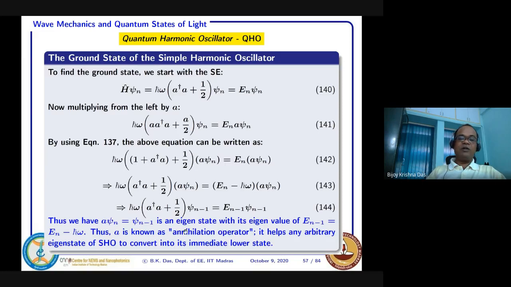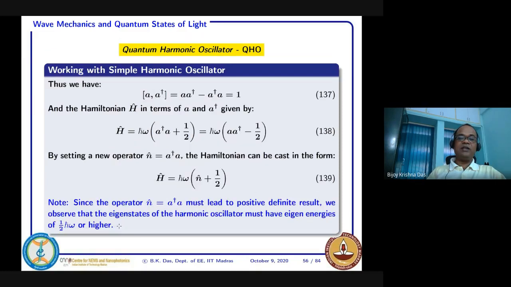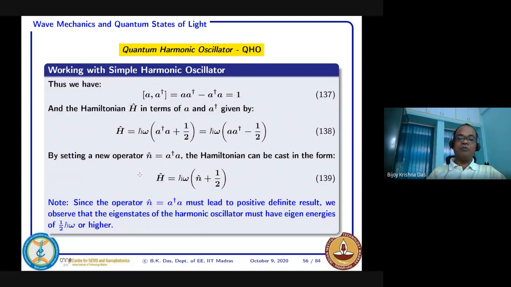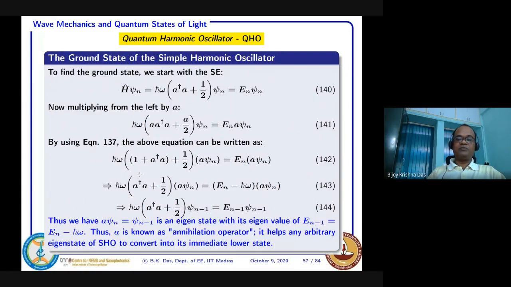So A is what we defined earlier; just remember A in terms of X and the other terms. If you have a known wave function, you operate with this entire operator, X plus this, and you immediately get the lower eigenstate. And you also know what the energy eigenvalue for that would be. So if you operate A on psi n, you get psi n minus 1.